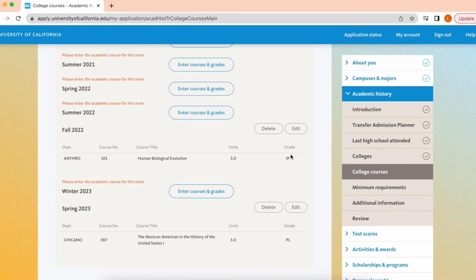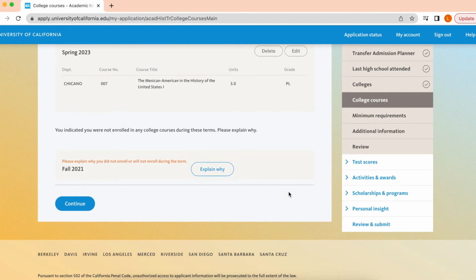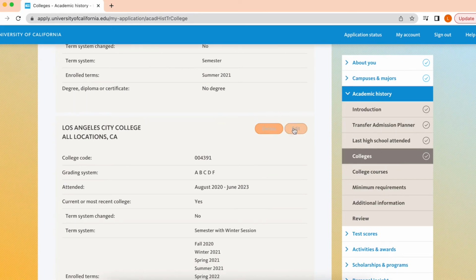And then here it will be in progress and planned. I also want to mention, let's say you took a semester off in fall 2021. It's going to show you indicated you were not enrolled in any college courses during these terms. If this is wrong, then you would go back here in colleges, edit,